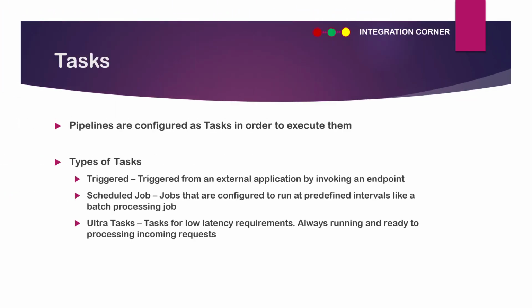Now comes the tasks. So pipelines are configured as tasks in order to execute them. So basically there are three types of tasks: a triggered task, a scheduled task, and an Ultra task. The best part of a triggered task is that whatever pipeline you have created, you can convert that pipeline